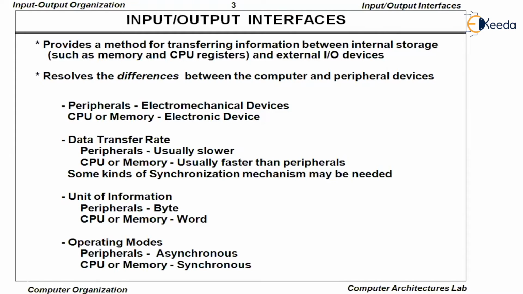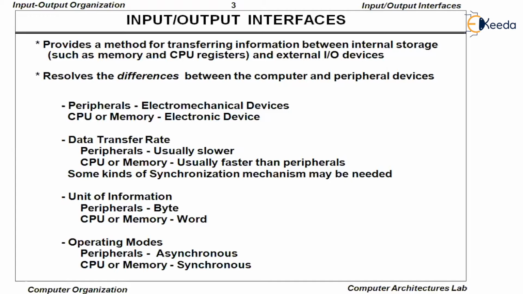Data transfer rates. You know, common sense, that peripheral devices send and receive data usually very slowly when compared to the CPU. But the CPU sends and receives data very fast. So here there should be a device which acts as a mediator, which can control the flow and the data speed rate. So for that also we do require an interface.